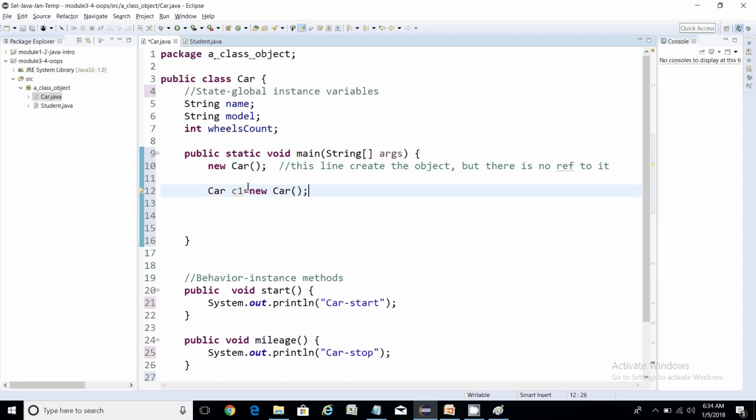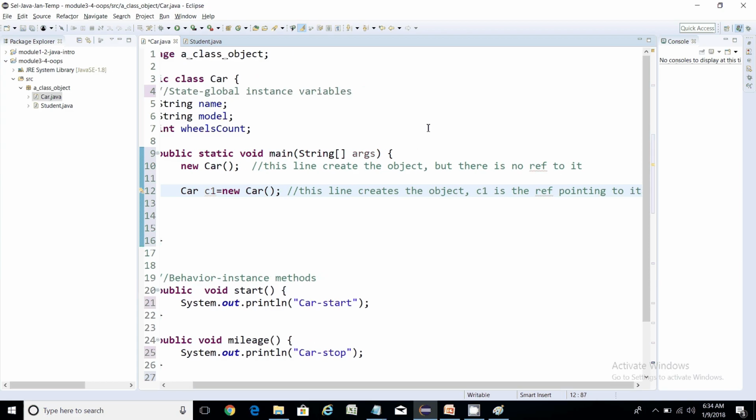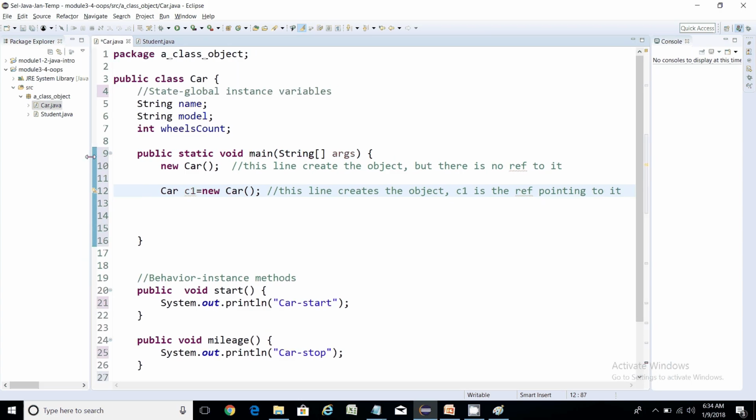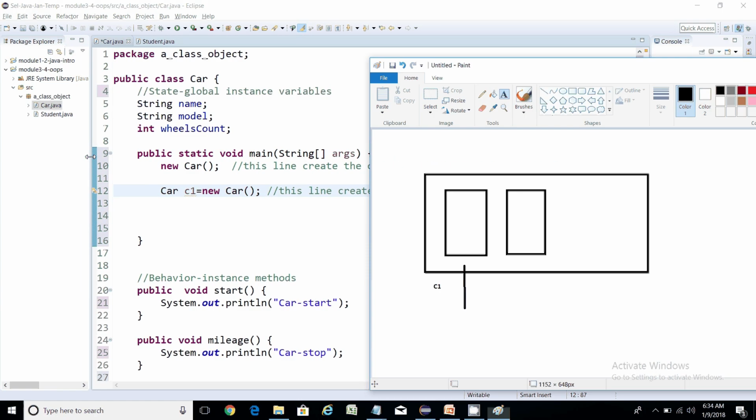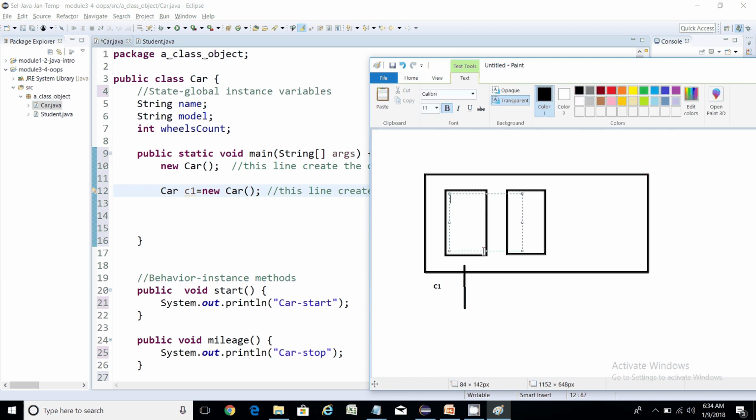So here again, this line creates the object and c1 is the reference pointing to it basically, right? So without a reference we cannot access an object. Now let's move on. Whenever you create an object, guys, this object will hold all the instance